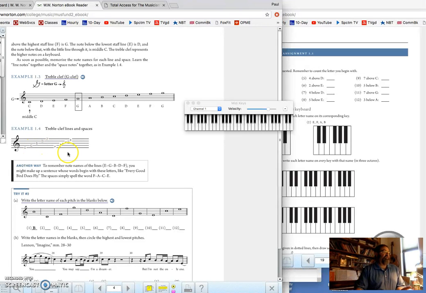You don't play music completely in skips all the time, so it's going to be line space, line space, line space. You'll have to read a fluid line of steps like you have here,